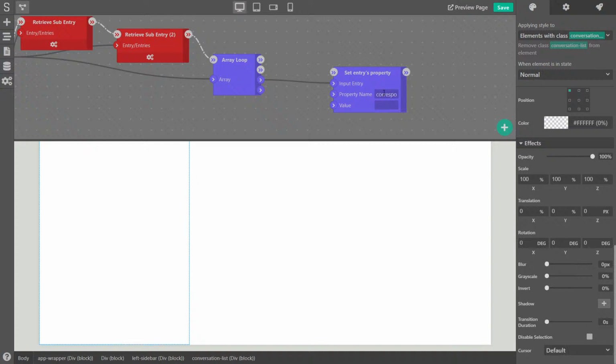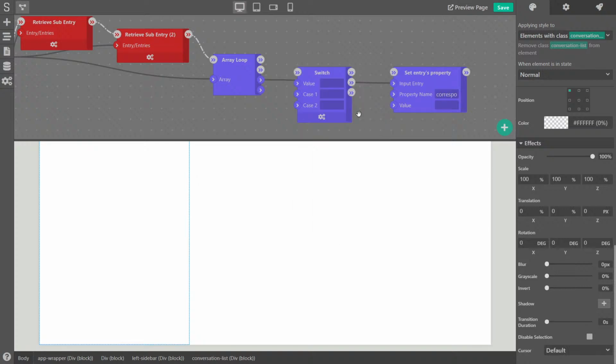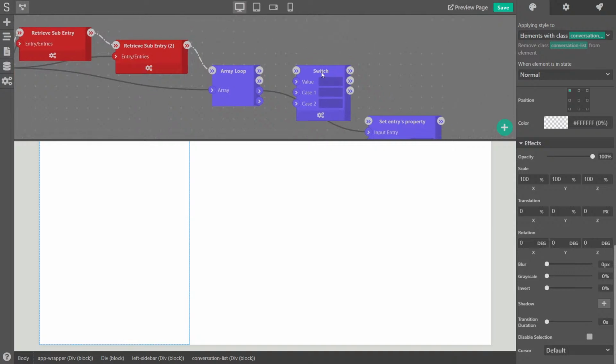All right, and for the value, it's either the first user or the second user. So let's go to maybe program flow. And there's really different ways we can do this. All right, so if it's